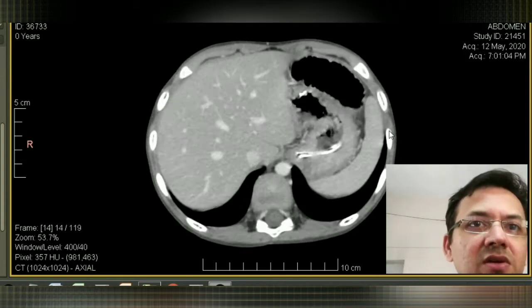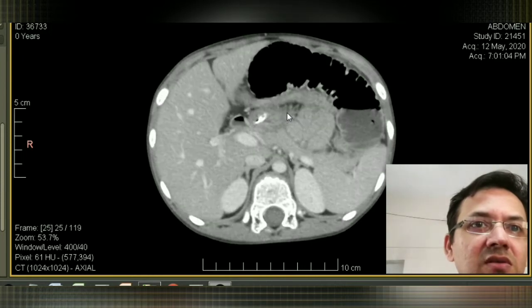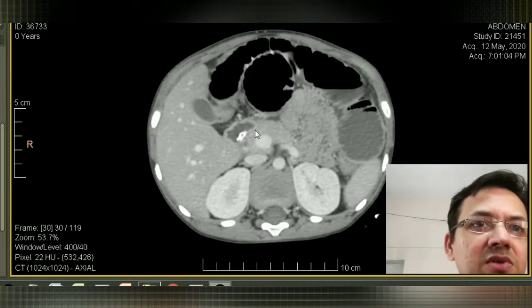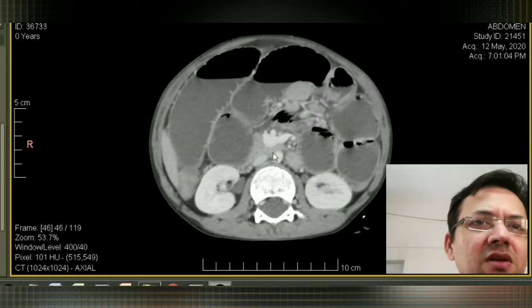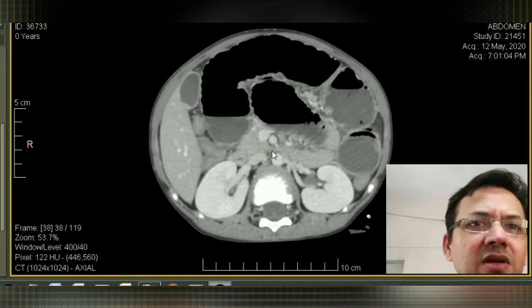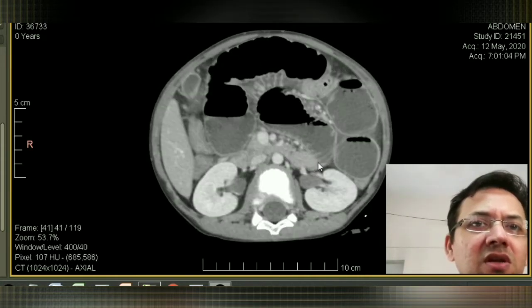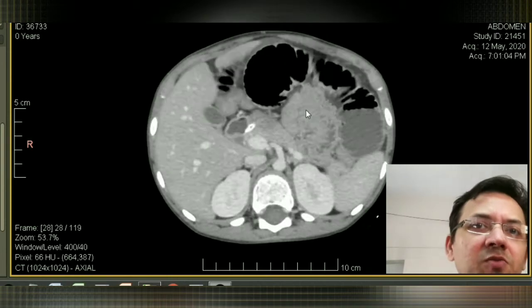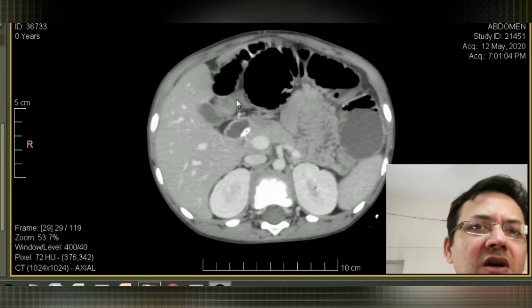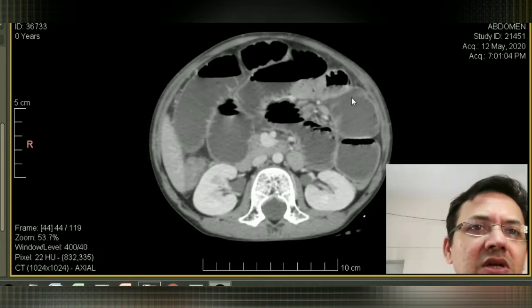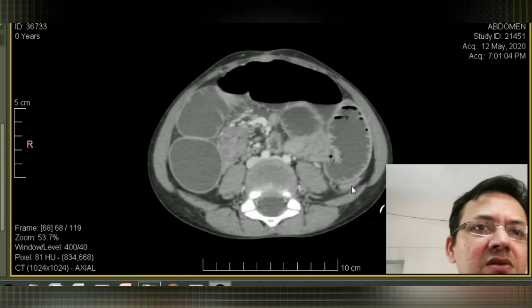Contrast axial images we are scrolling. Here we can see this nasogastric tube within the stomach for decompression. What we are seeing here is collapsed duodenal lumen and proximal jejunal loops as well. Here there are so many dilated, peripherally located small bowel loops. These are of distal jejunum and proximal ileum. We can see here these collapsed jejunal loops proximally. And the dilated loops are almost reaching up to 35 mm. Many of them are showing fluid levels, air fluid levels.